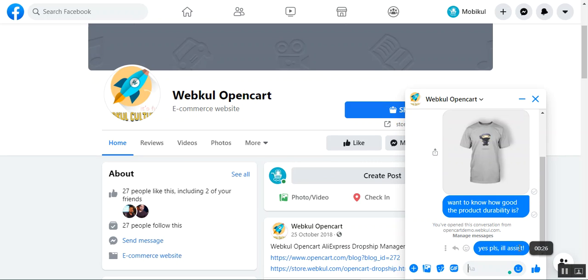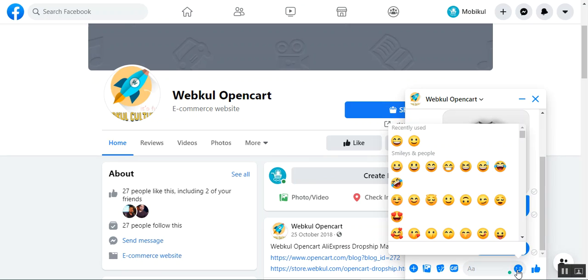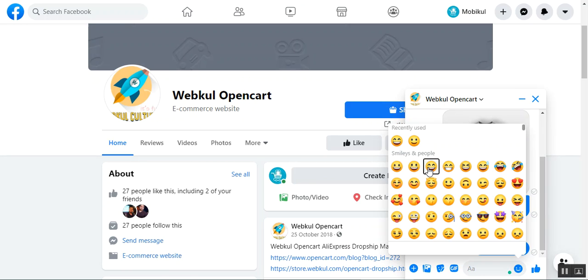So this message would be sent out to the user who had sent the message, and from here the admin can also attach a photo or a video. He can also choose a sticker, he can also make use of a GIF, and he can also make use of the emoticons as well. So let me show you that. So I can send emojis as well,